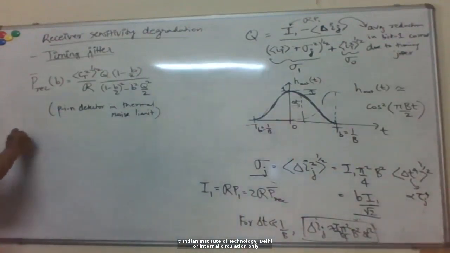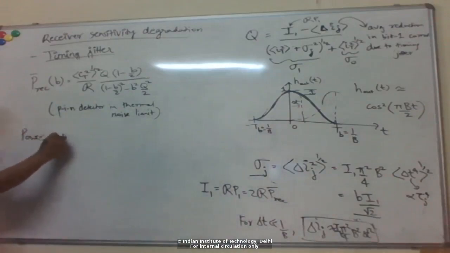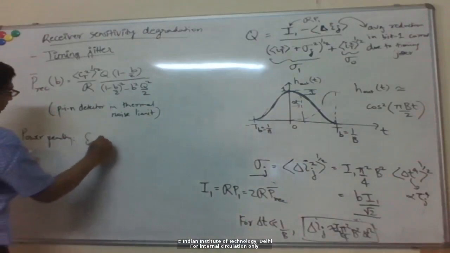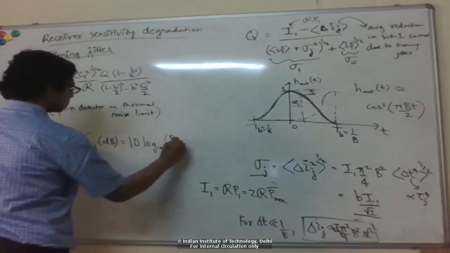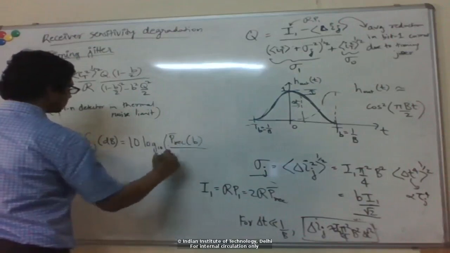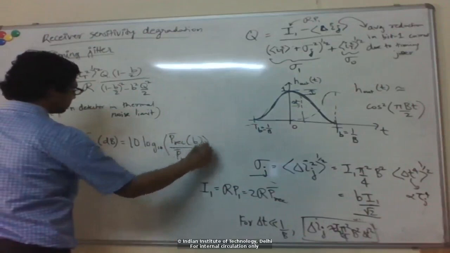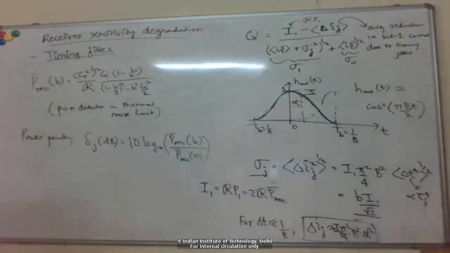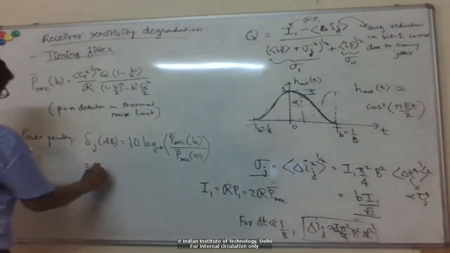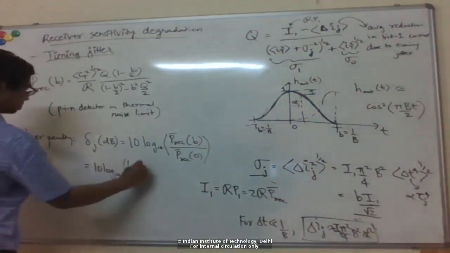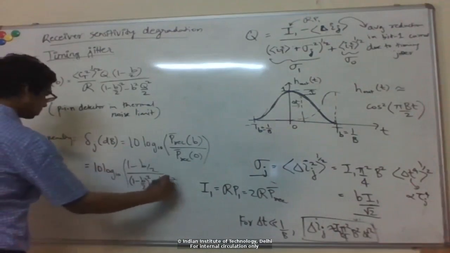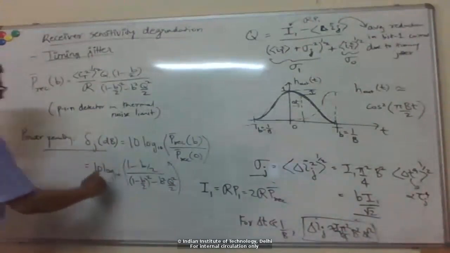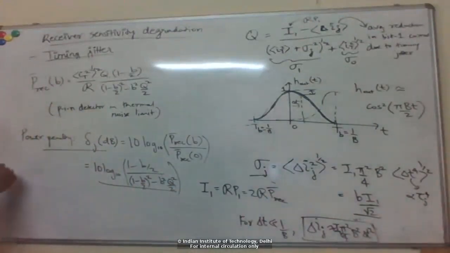So similarly now I can define a power penalty due to jitter as the ratio of the receiver sensitivity with some finite value of the jitter divided by the sensitivity for zero jitter. So you can see it then depends on this B parameter like this. Right. So B, recall, was